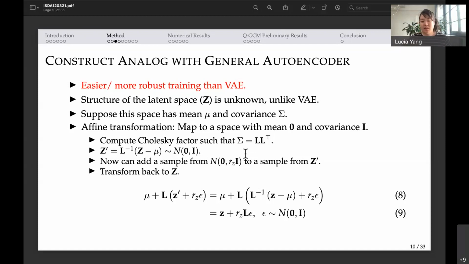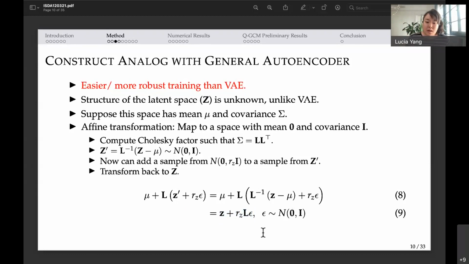Add noise from the standard normal distribution in that transformed space, and then transform back to your latent space, and then decode that sum back to your original space. This equation describes that procedure, where this Z prime is the affine transformation of your encoded state into the space that has zero mean and identity covariance. And if you undo that transformation again, you end up with a much simpler formula where